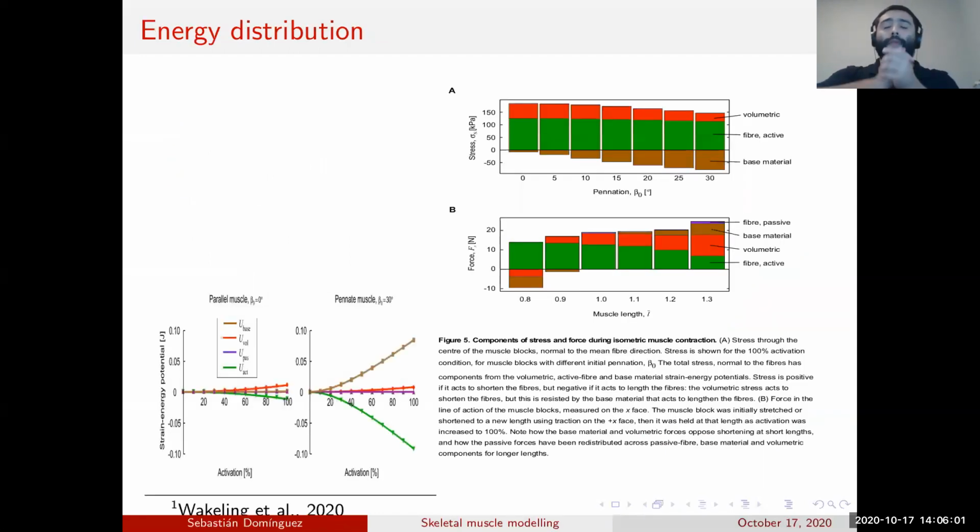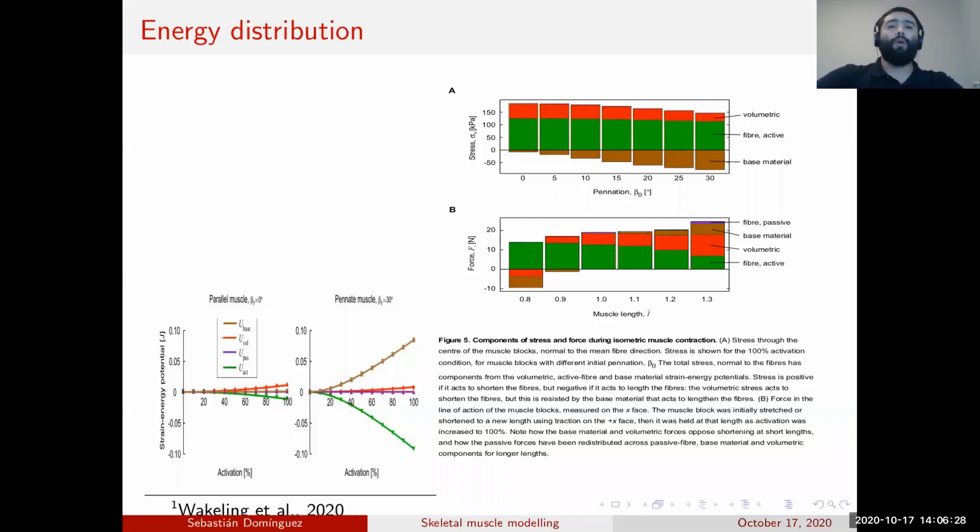All right, so a few results here. This is a paper that I was working on with the group that I showed at the beginning. The idea was to write 3 papers for the same issue of the Frontiers in Physiology journal. And the first paper of that series was on isometric contractions and the energy of that, right?